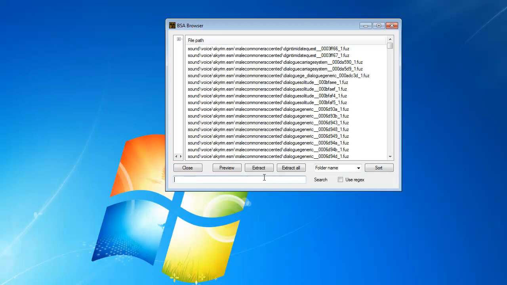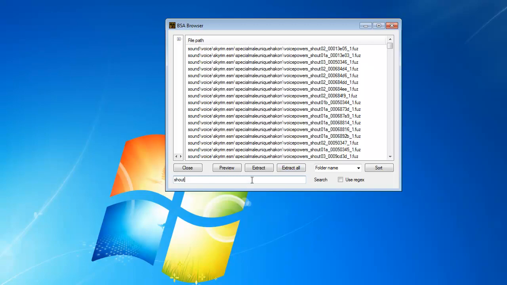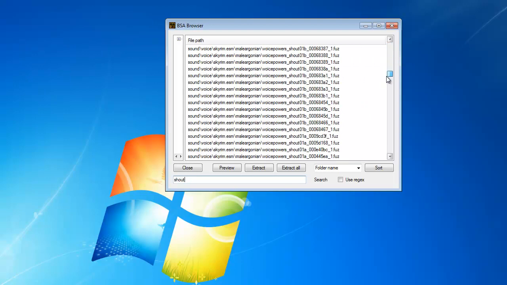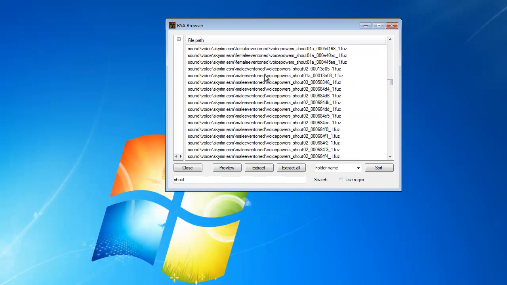Okay, good. So what we're going to do is search the shout files. We're going to use the average male voices for the Duke Nukem quotes. You can use female voices, you can use Argonian or Khajiit shouts, but to find the shout, you just type in shout. There we go. You've got the special characters, like the unique ones. You want to go to male even toned, but there's female even toned above if you want to convert a female, or Khajiit or Argonian below. So go to male even toned,